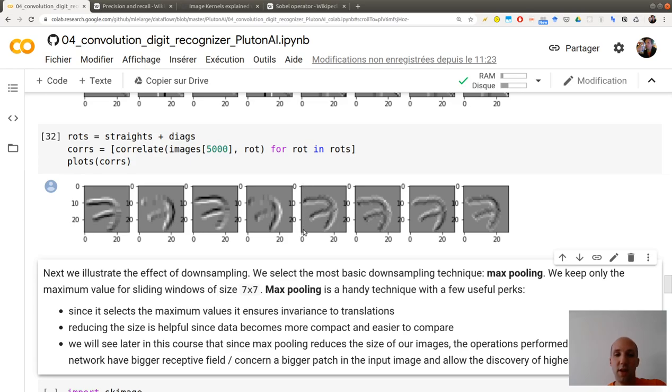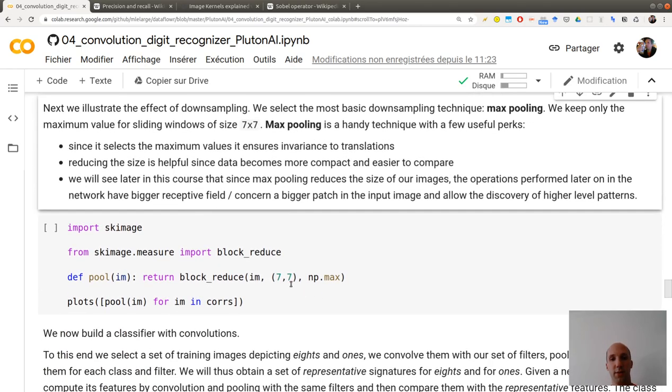Here it's 28 by 28, so you obtain 4 by 4 squares in total. For each of these 7 by 7 squares, you replace the square by only 1 pixel, and the value of this pixel is the max value over your square.